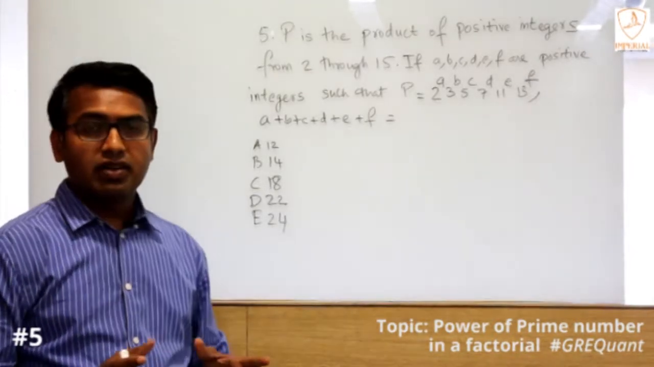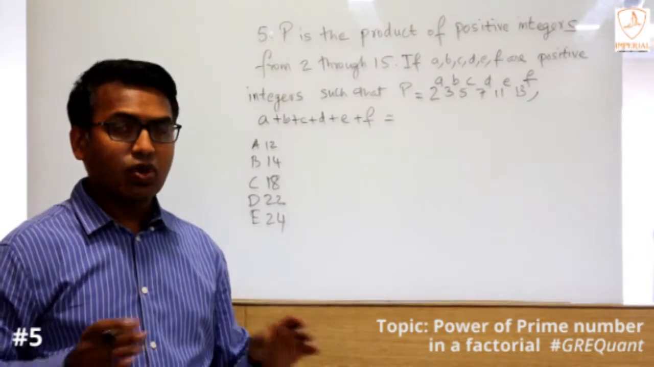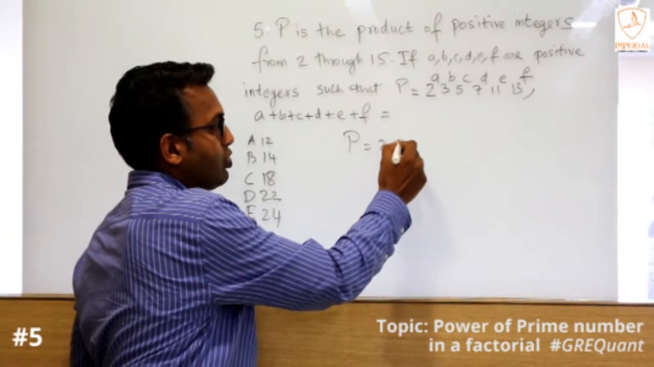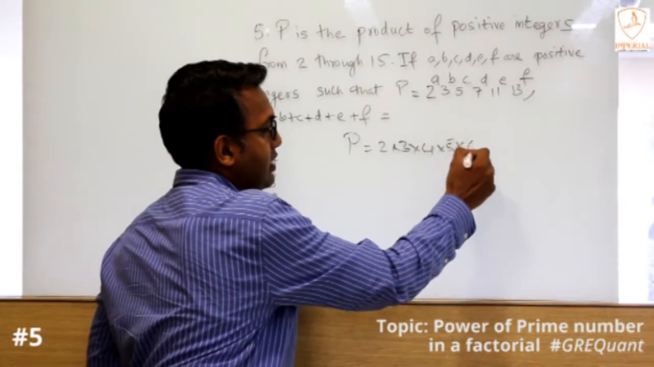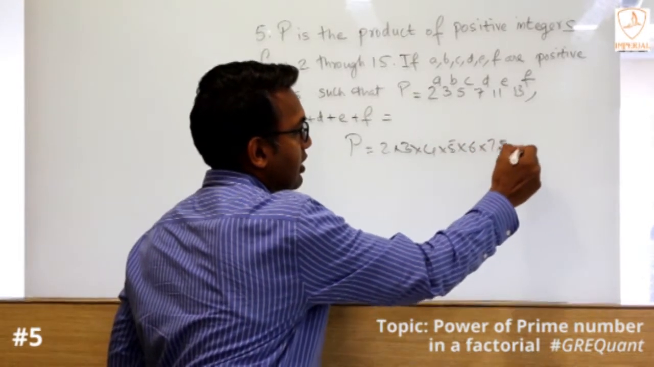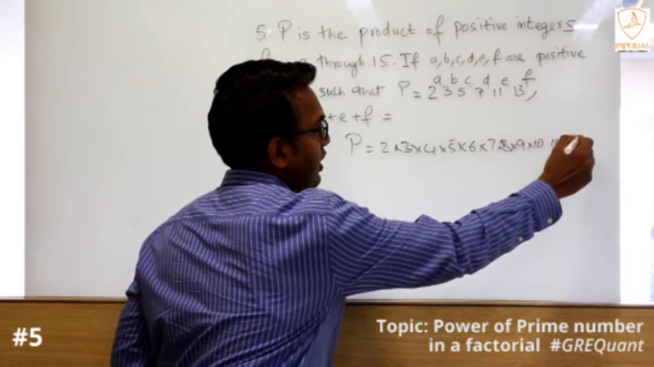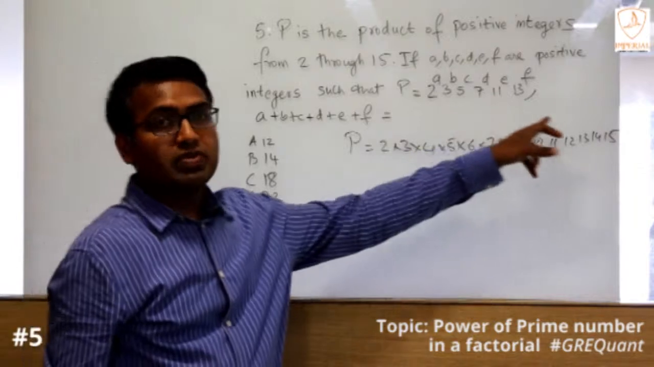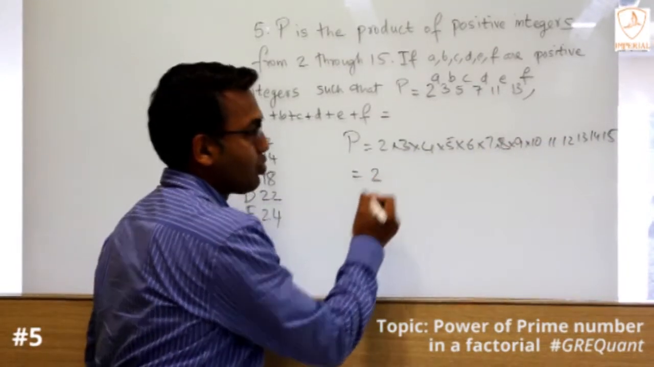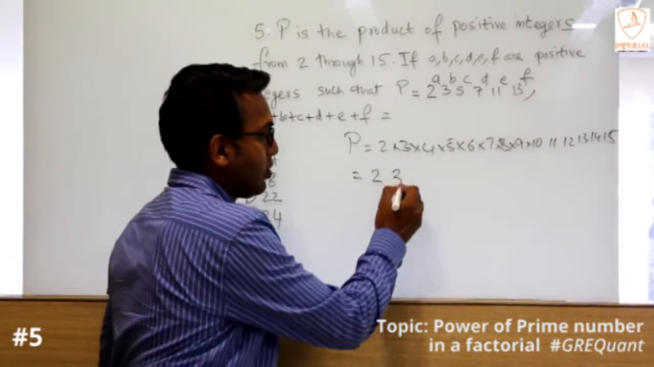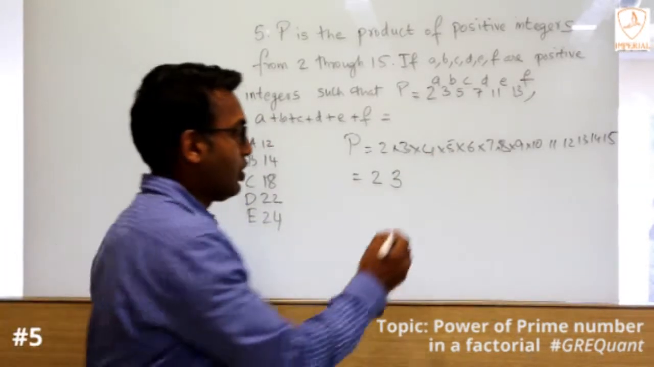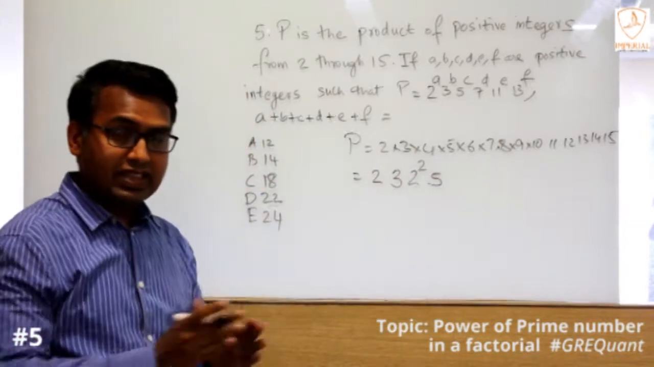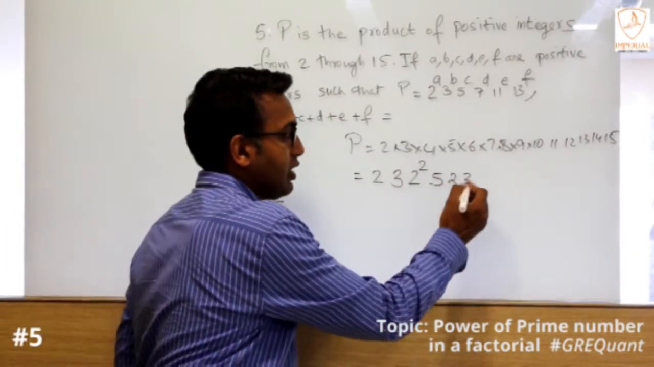So again, a simple concept of prime factorization. So P is equal to 2 into 3 into 4 into 5, 6, 7, 8, 9, 10, 11, 12, 13, 14 and 15. Basically you just prime factorize it. So 2 we'll write as 2 only, 3 is again 3 only, 4 will be 2 power 2, so we'll put it over there, 5 again as 5, 6 we'll write as 2 into 3,